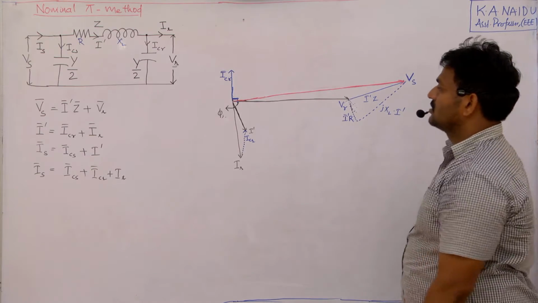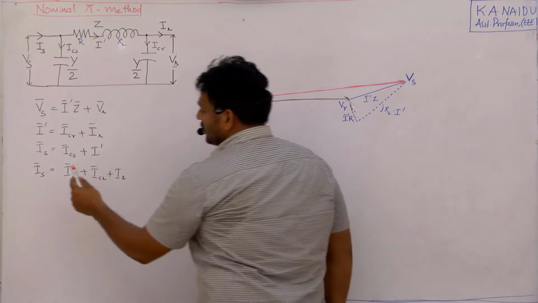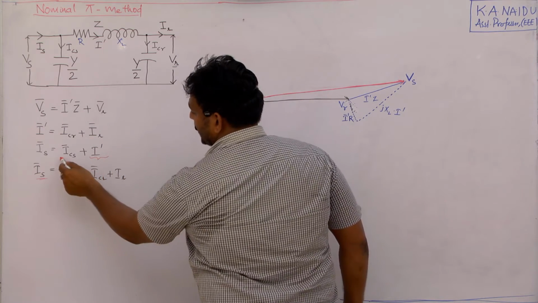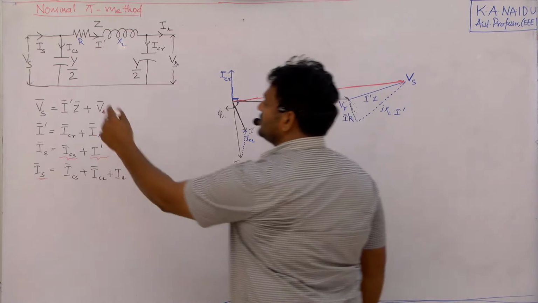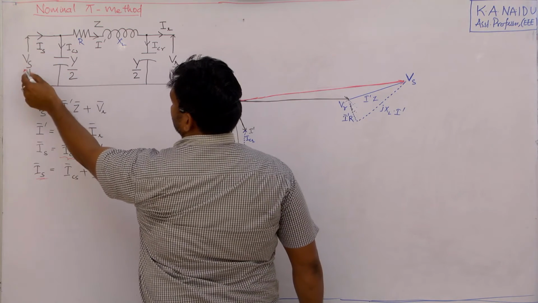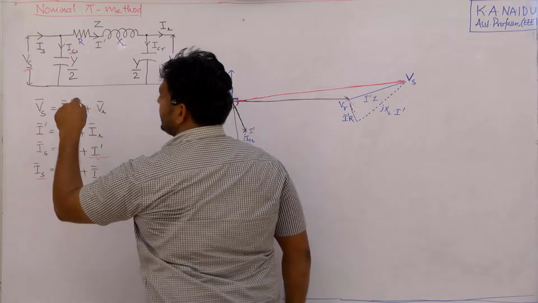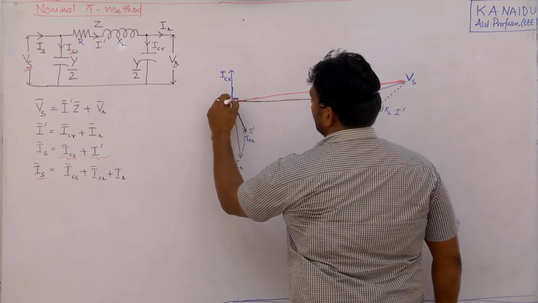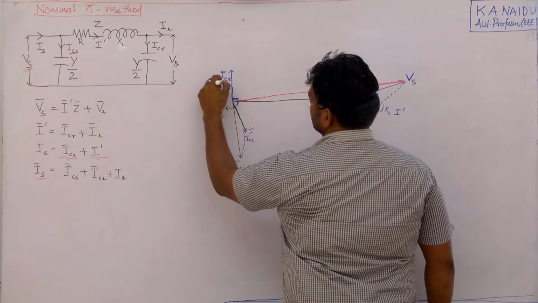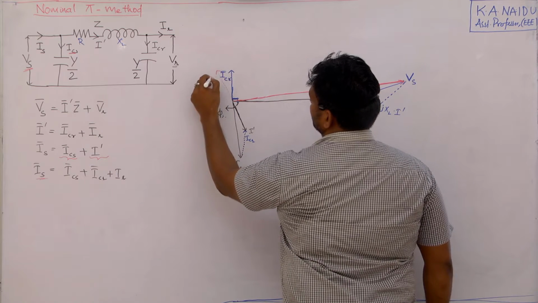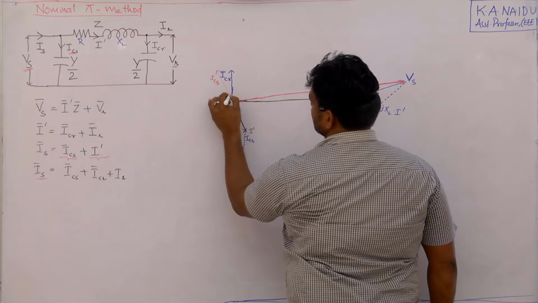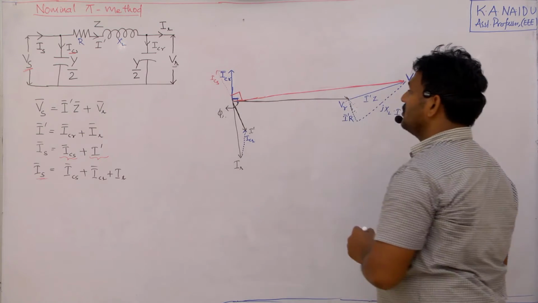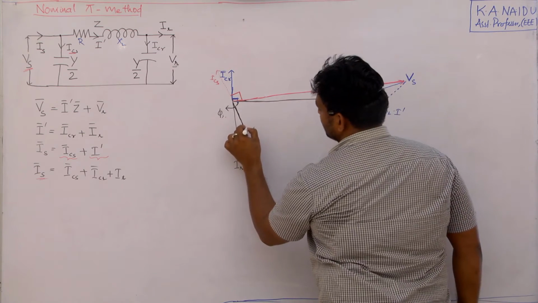This phasor is supply voltage Vs. Now we have to draw the phasor of Is. What is Is? Is is sending end current, that is I dash plus ICS. Now you can see the voltage across this ICS is nothing but Vs. So ICS will be leading Vs by an angle of 90 degrees. So with respect to Vs, you draw a current that is perpendicular to this. So you get this is ICS, which is 90 degrees leading with respect to Vs.